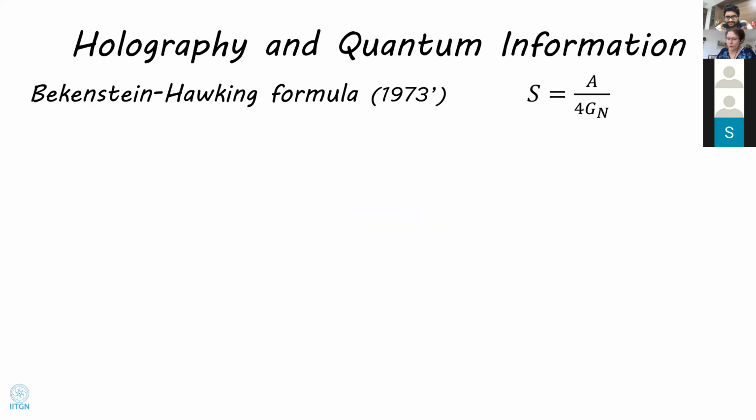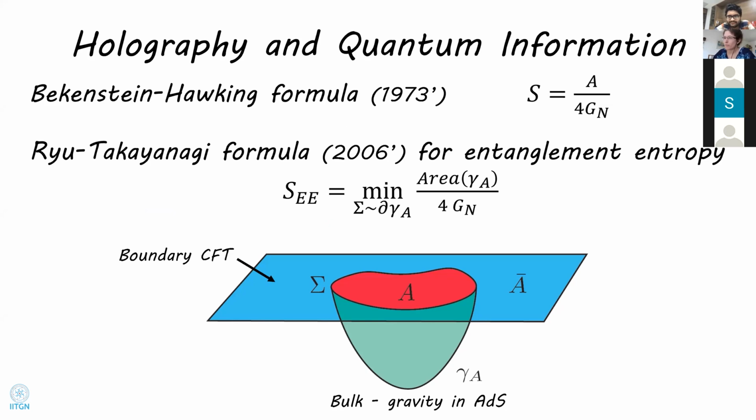All right, so just some introduction to get us all on the same page. The idea that black holes are related to quantum information dates back to the Bekenstein-Hawking formula, which gives us a very simple formula relating the entropy of a black hole to the area of its horizon. And more recently, Ryu and Takayanagi have proposed a formula relating the entanglement entropy to the minimal area of a surface that goes through the bulk and ends on the region where the entanglement entropy we are interested to